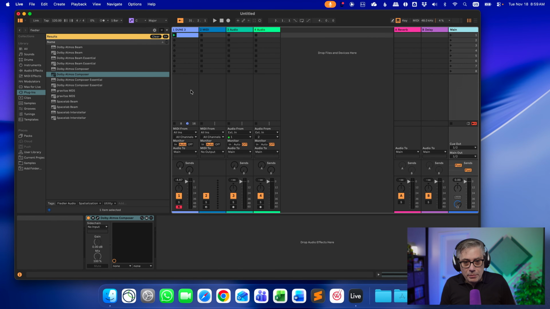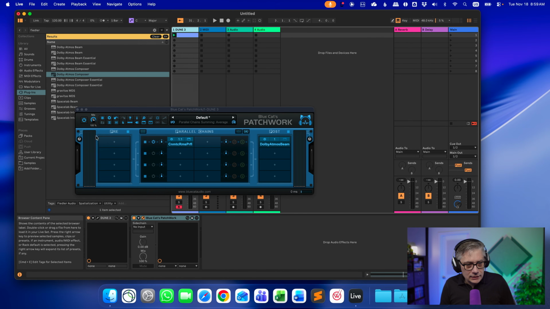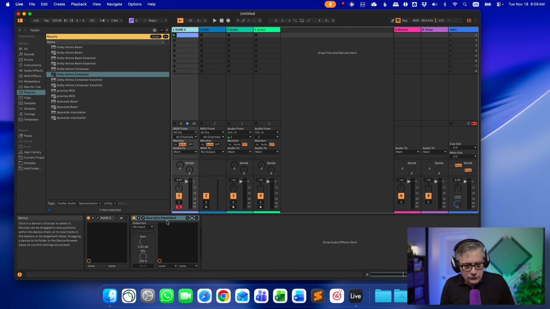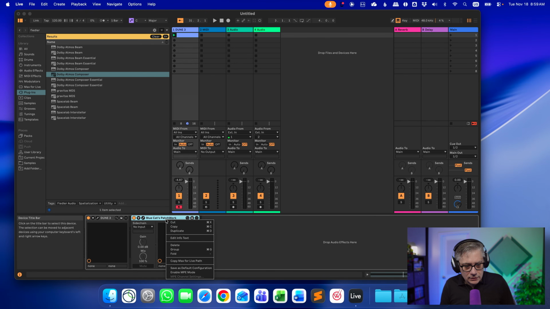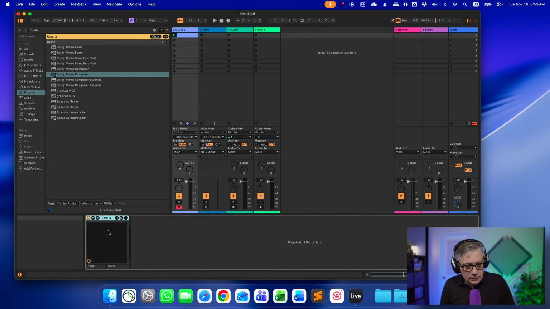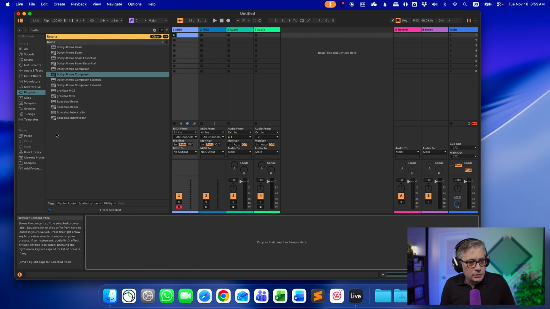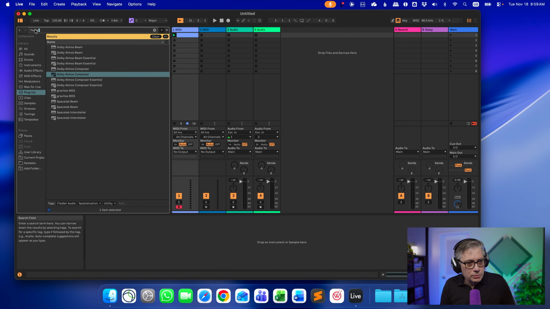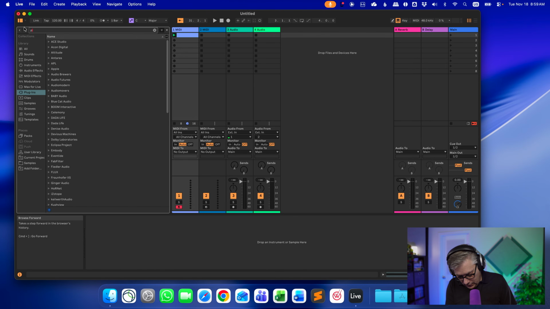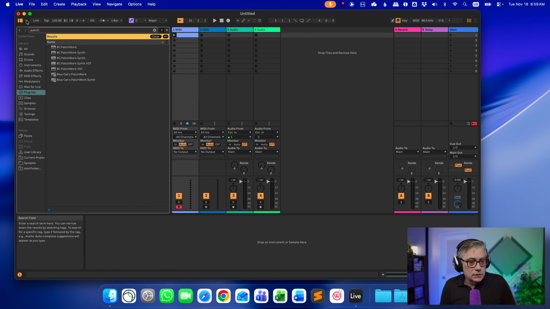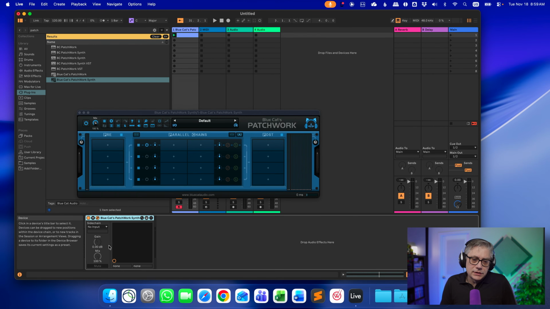So let's go back into our Dune track and let's delete the plugin as well as Dune itself. So let me just delete that here, and here also delete. And then what we're going to do is we're going to use the Patchwork instrument plugin. So let's add here the synth plugin. It's essentially the same thing. The only difference is that it is now an instrument.